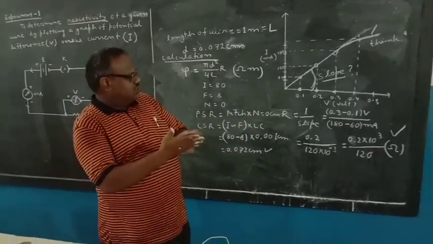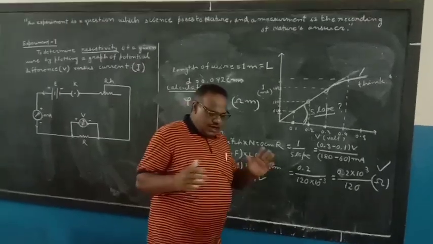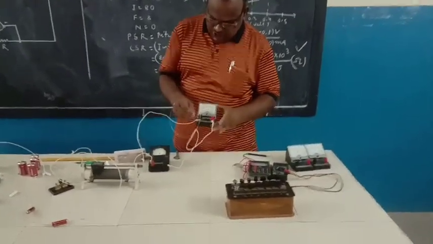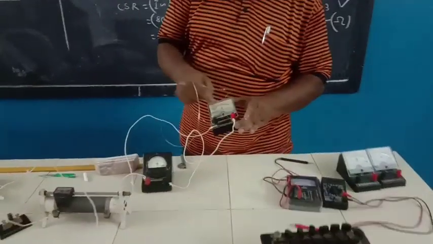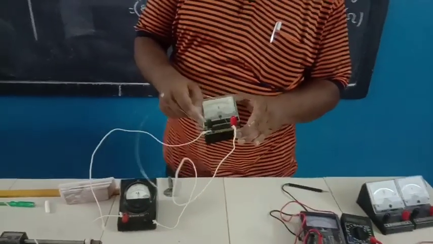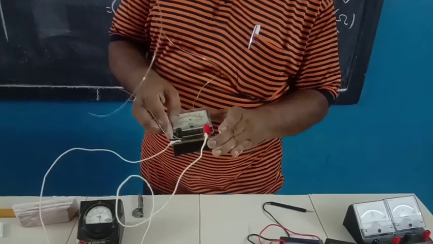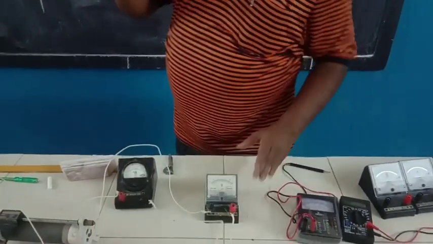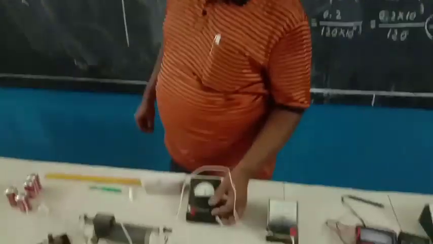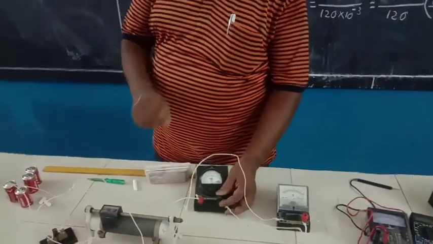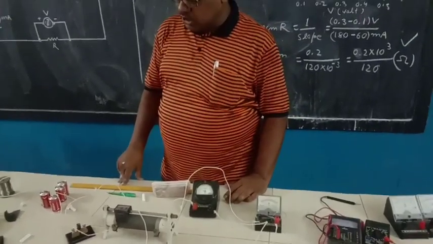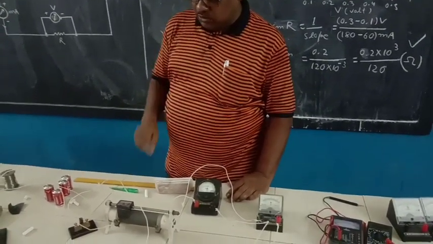In this experiment, you see some sources of error are there, because when I connected the wire at the end, some length is not counted, because this much length is folded here. So due to that some error may come. The connection should be made by rubbing the wire properly with sandpaper, otherwise error will come.